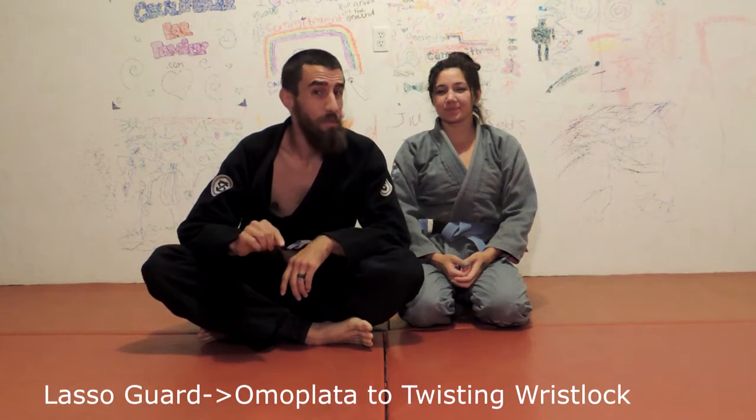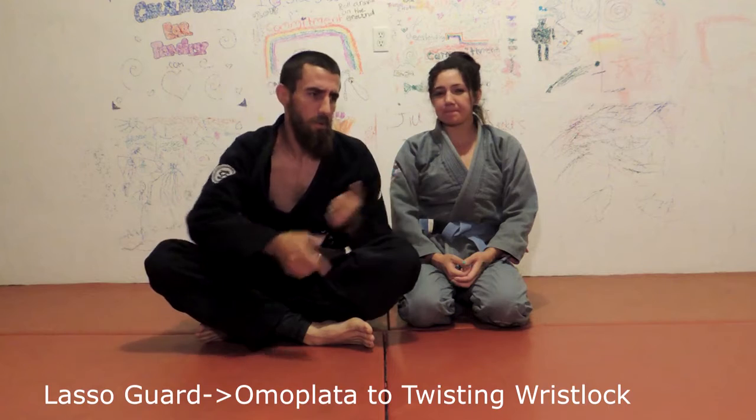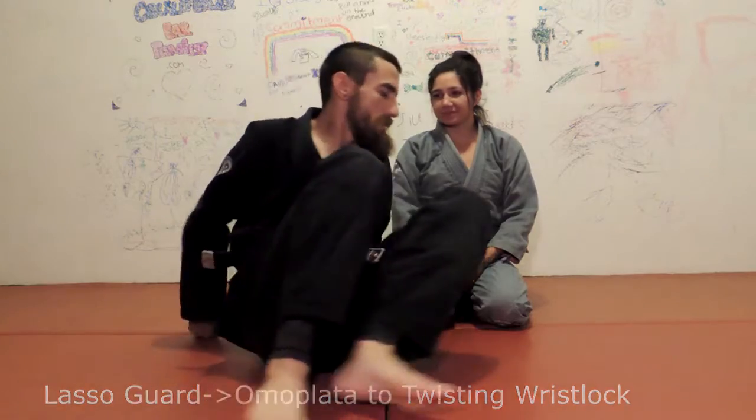What's up, guys? I want to show you an omoplata setup from the Lasso guard. It's actually really smooth, really sneaky. Usually when you get with your Lasso guard, they expect you to sweep, but when you invert and go right into the omoplata, it's beautiful. Like, I love this one. So,